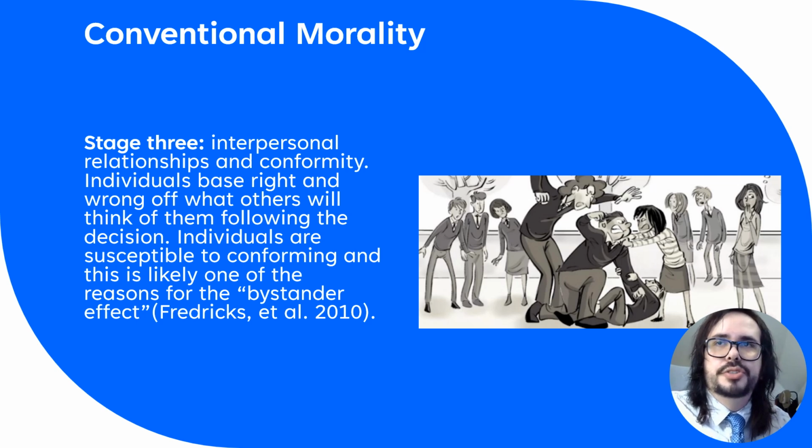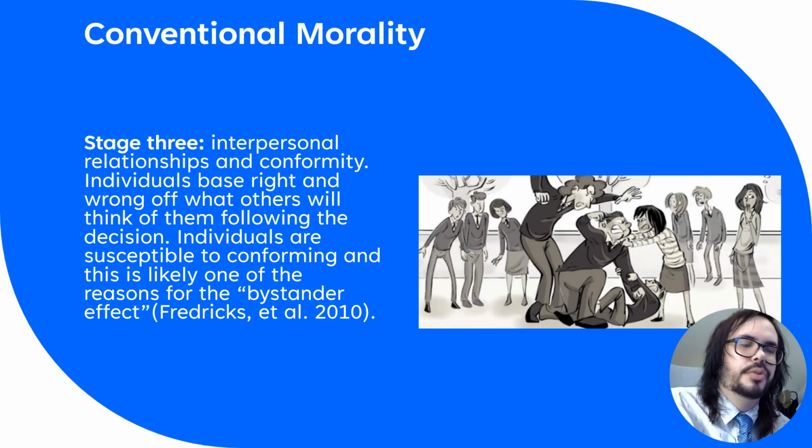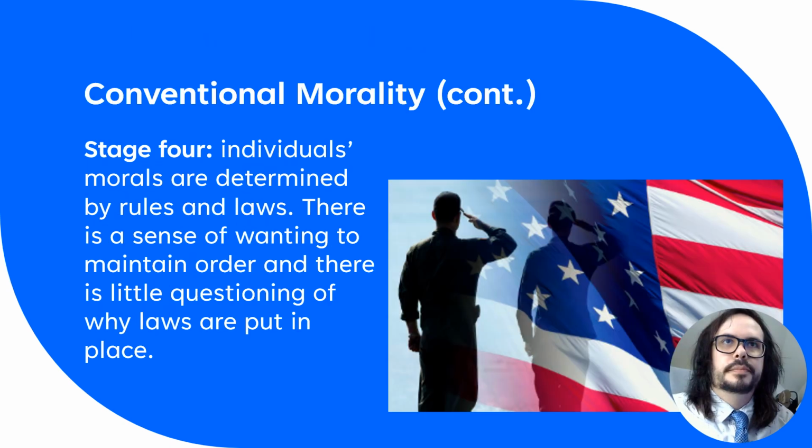Mostly, the gist of it is people focus on what others think instead of a more developed sense of their own morality, right? All right, the fourth stage is conventional morality, where people follow laws in place under the assumption that they're there for a reason. This is probably the one that people land on the most, according to Kohlberg. Most people stop developing around this stage, and they just follow the laws regardless of why they're in place, sometimes without even knowing why they're in place.